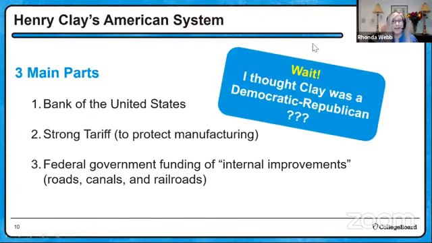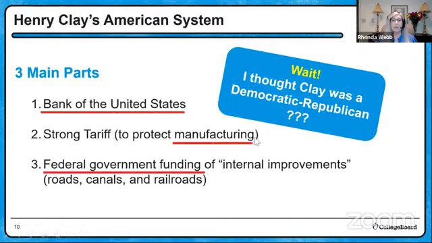But hang on a minute, he's a Democratic Republican. Let's think back. One of the differences between the Federalists and the Democratic Republicans was their view on the Bank of the United States. That's what starts the division to begin with, way back with Jefferson and Alexander Hamilton. They were fighting over whether the Constitution gave the federal government the authority to create a Bank of the United States. Henry Clay's a Democratic Republican. He is in the party of Thomas Jefferson, who was absolutely opposed to this. But he's kind of changed his ideology here by the 1830s and 1840s.